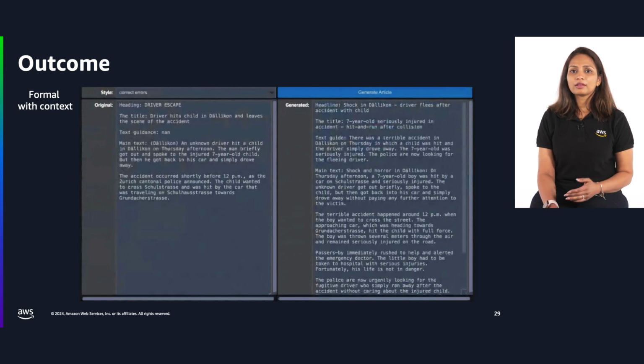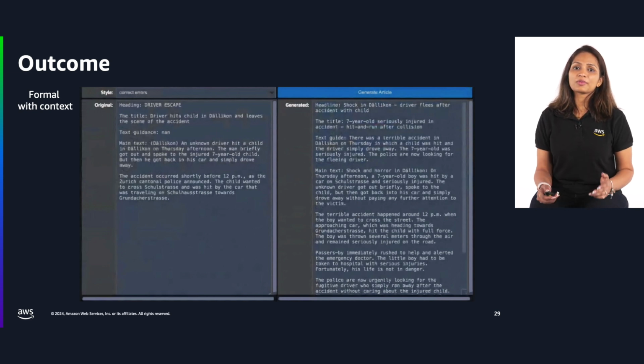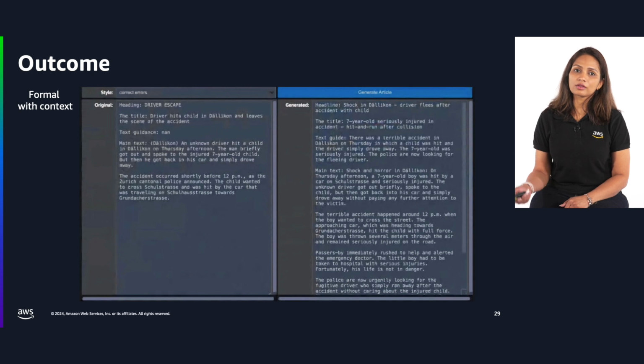The phrases like the boy was thrown several meters through the air is clearly not in the original article. Also, it has appended additional information about police looking for the driver. Hence, this option should be chosen very carefully. It is not appropriate in such generic news articles, but could be helpful in articles like elections or trades, where details from previous latest articles could be relevant to add additional information like statistics or trends.